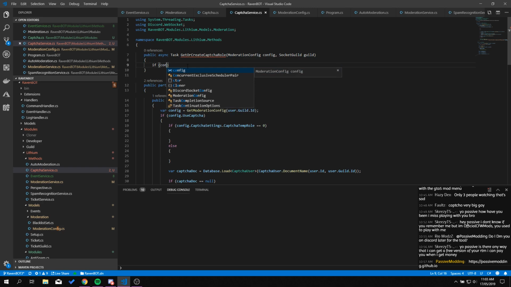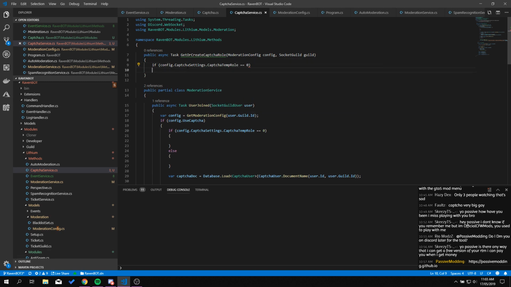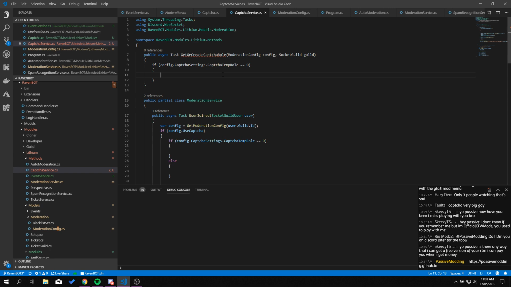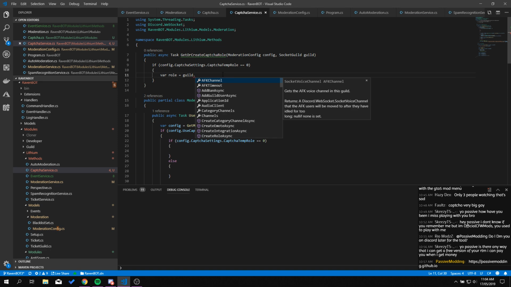So if config dot captcha settings dot captcha temp role equals 0, we can just straight up create a role. So var role equals dot create role,